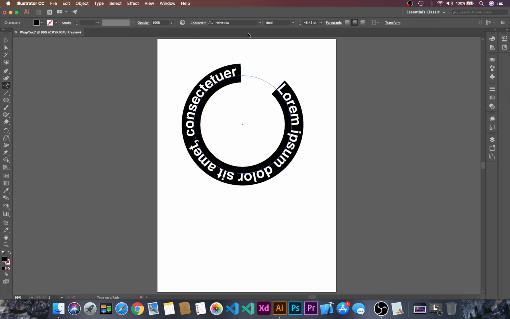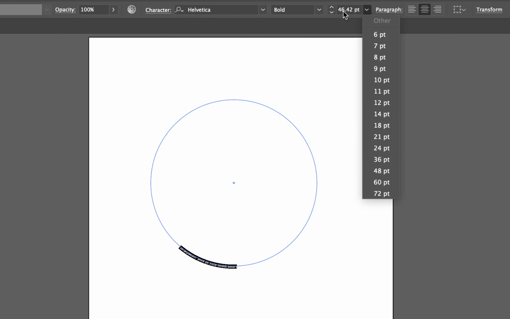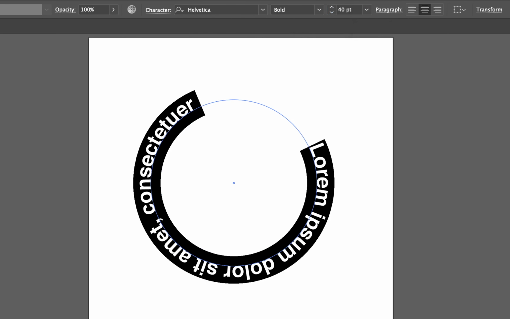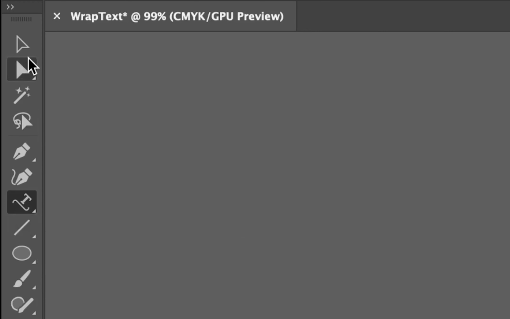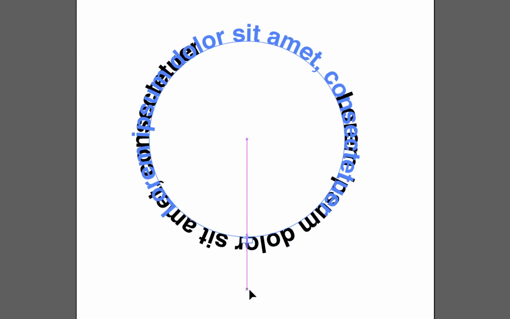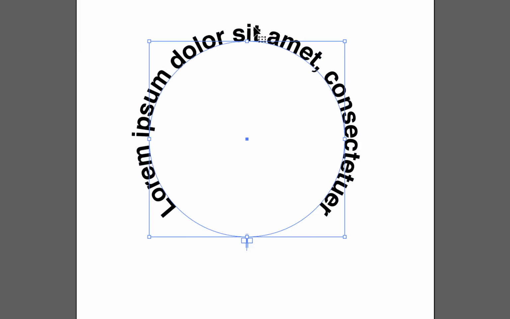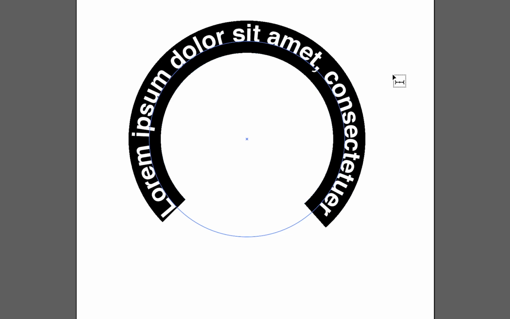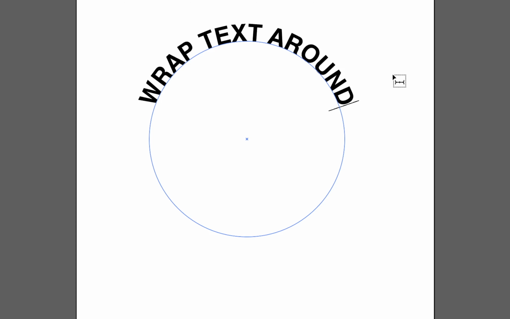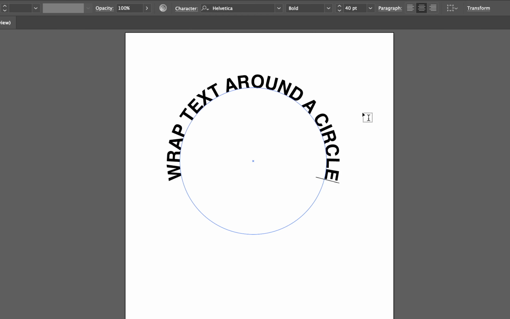I will just use the Helvetica bold, and then let's just dial in the number, that is 40, and then I will go to the direct selection tool and let's center this out. Then I will just double click and type wrap text around a circle and then skip,